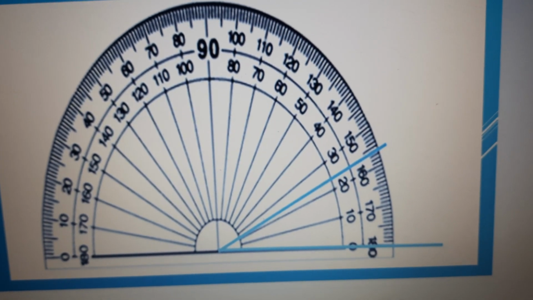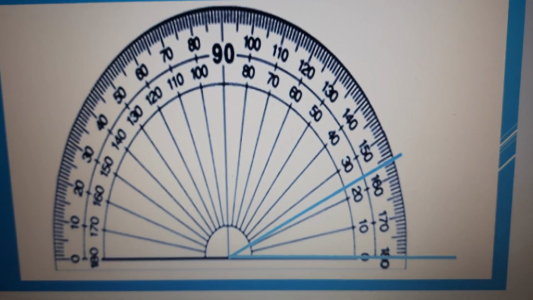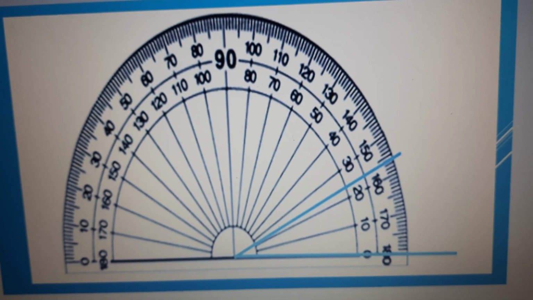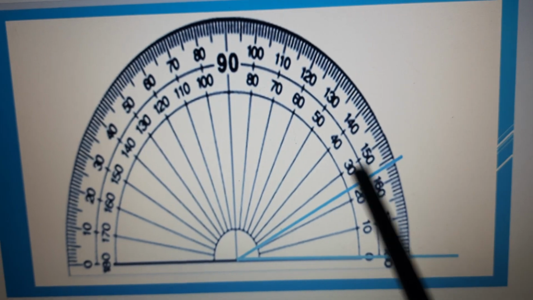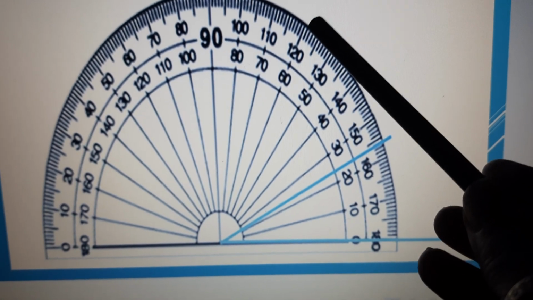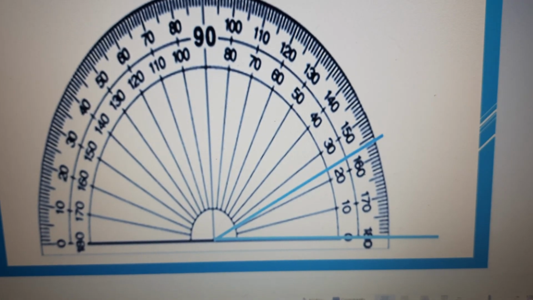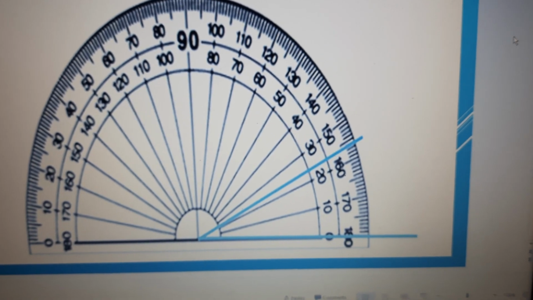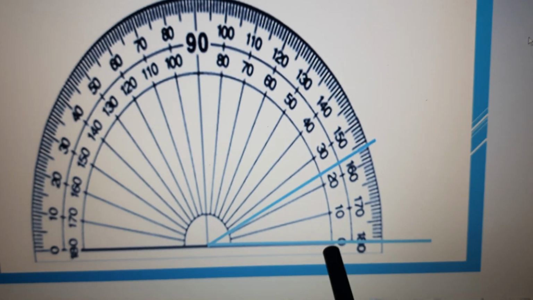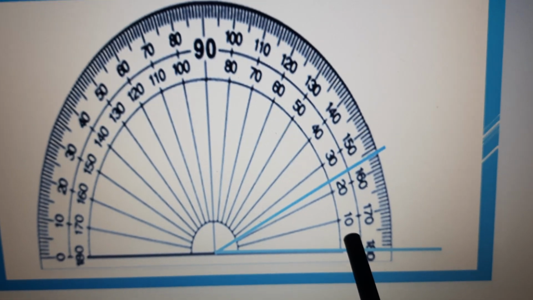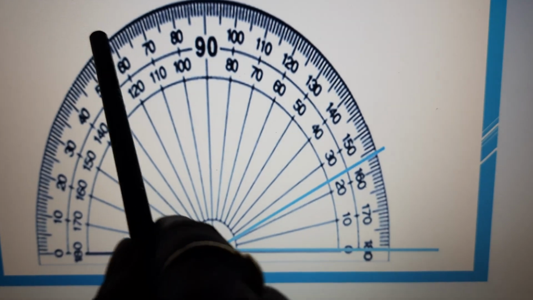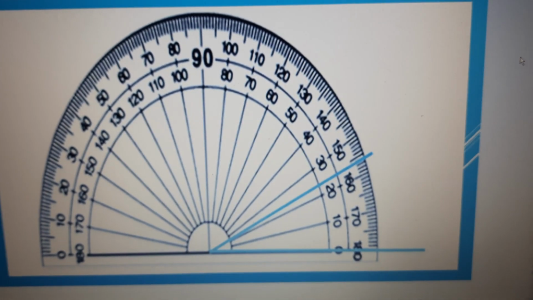Also, you can visualize and keep 90 degrees in your mind as a comparison. If the arms are falling inside 90 degrees, then it's an acute angle. Even if by mistake you are marking this 120 degrees, you can see the figure is smaller, it is falling inside 90 degrees, so it is an acute angle. So when you take 0 and you want to draw a 120 degree angle, you will have to go like this, and this is your 120. So that becomes an obtuse angle, children.